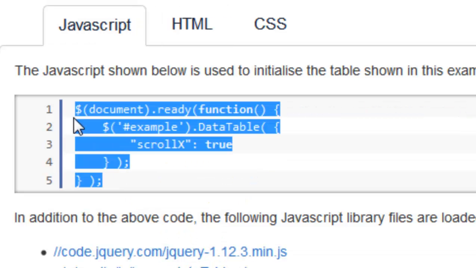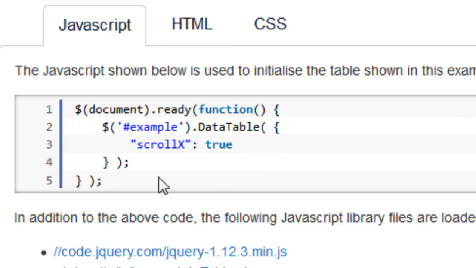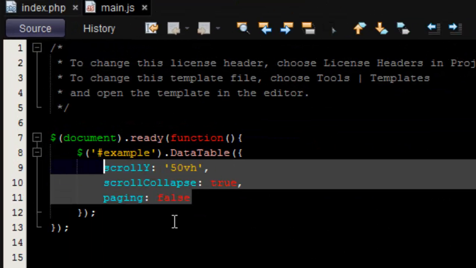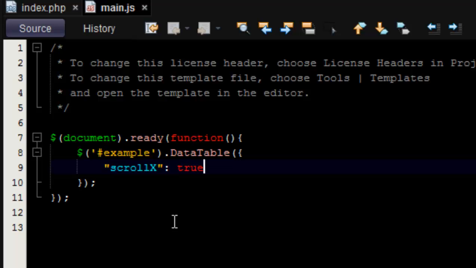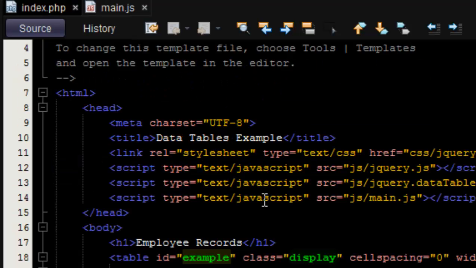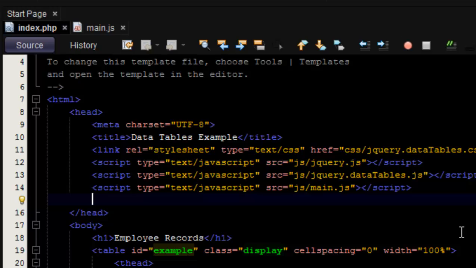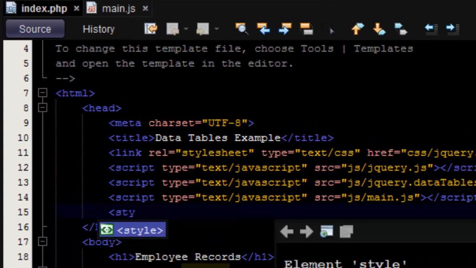So I'm gonna copy this, the only feature that has been added. Then I'll go over to NetBeans. Then I remove these fields and add the scrollX true. Then I'll go over to the HTML, and we need to add some custom CSS here. So I'm gonna declare some style